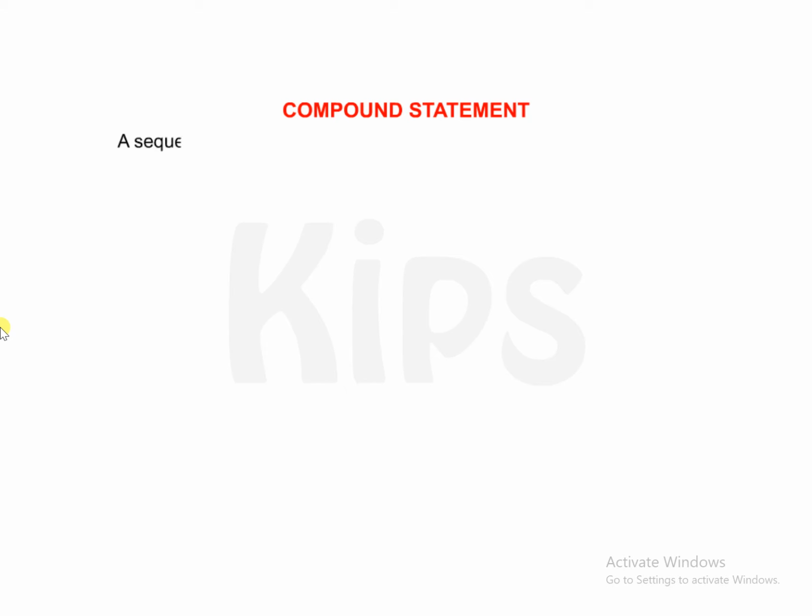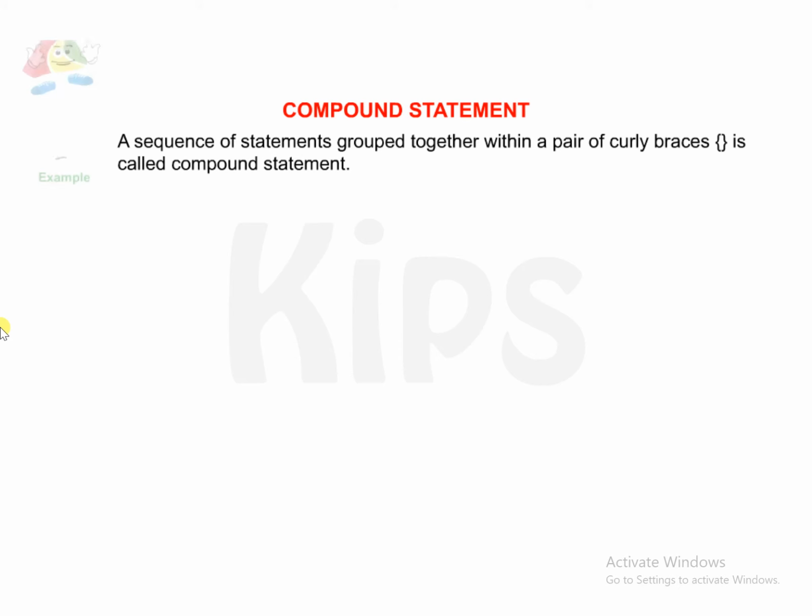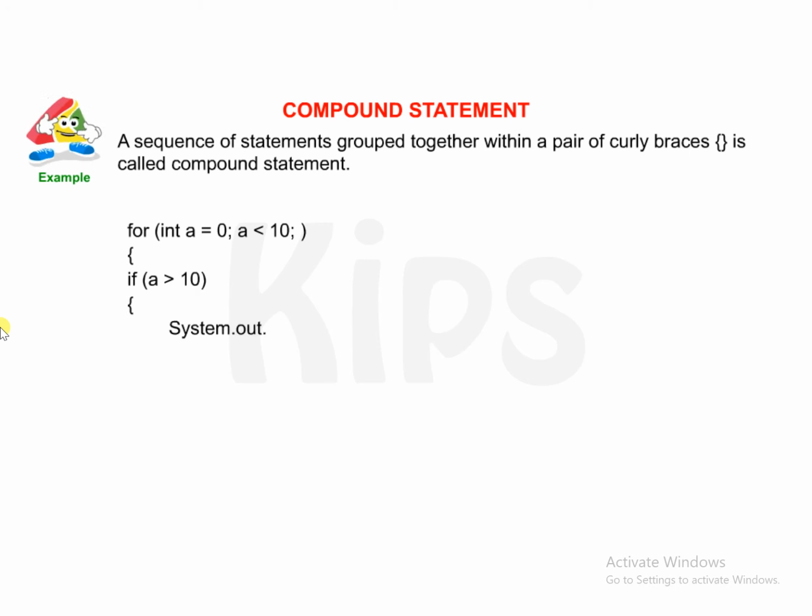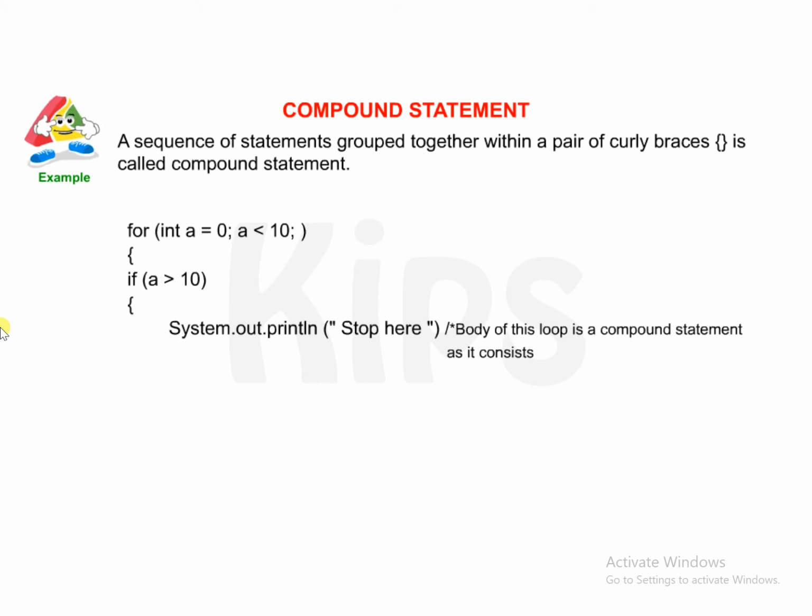Compound statement. A sequence of statements grouped together within a pair of curly braces is called a compound statement. Example: for (int a = 0; a < 10;) { if (a > 10) { System.out.println("stop here"); } Body of this loop is a compound statement as it consists of two expression statements within curly braces. a++; } }